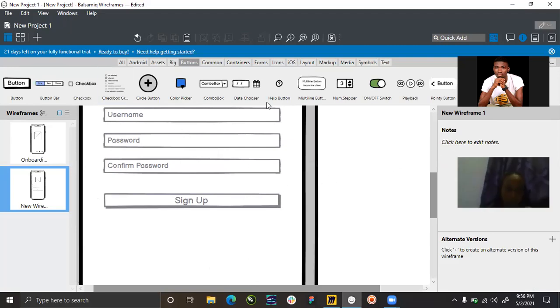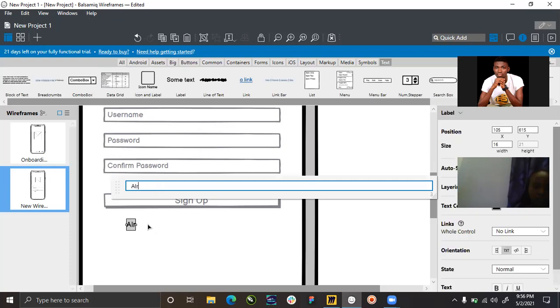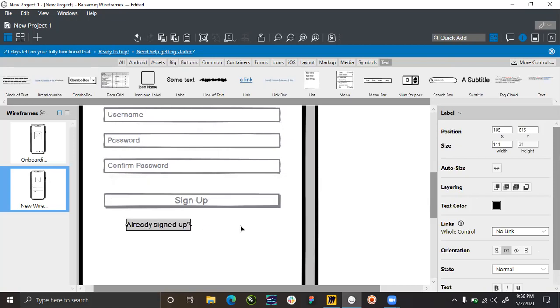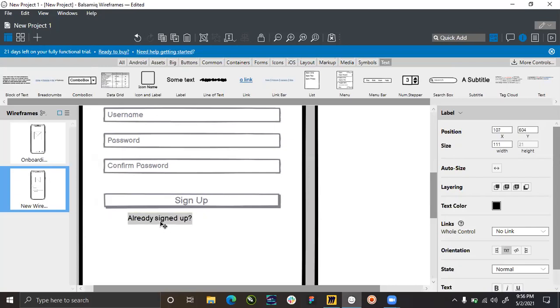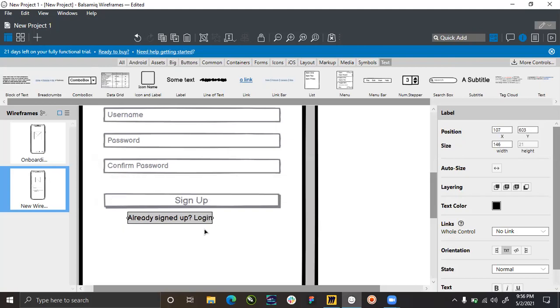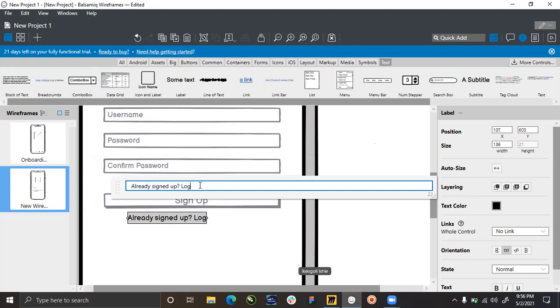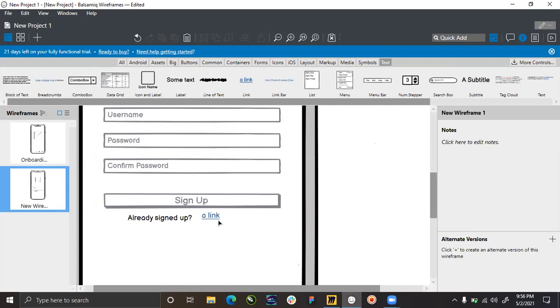But I could still choose to input a block of text and say already signed up. Now I could choose to make it login, but if you like FEV like me, this login doesn't really make sense. So I'll just probably delete it, and then after that, I'll come and use link. And in the link,